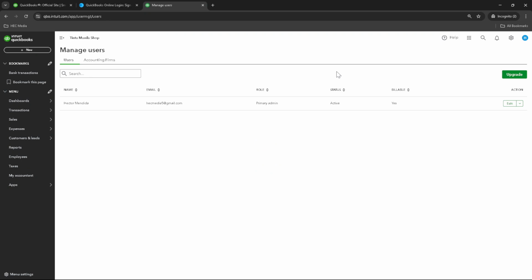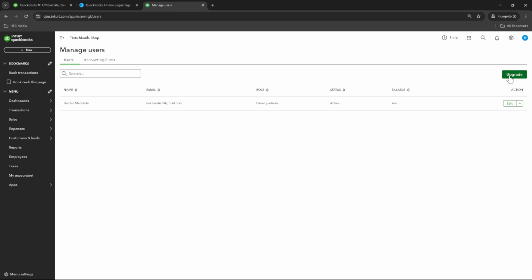When you're on the Manage Users page, you'll notice an Add User button or link. This is your gateway to inviting new team members to your QuickBooks environment. By adding a user, you can invite them through email and they will receive easy to follow instructions for accessing the account. Remember that it's best practice to assign users roles that align with their job descriptions and responsibilities within